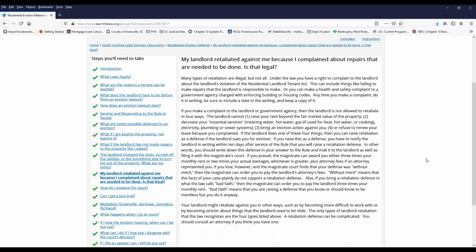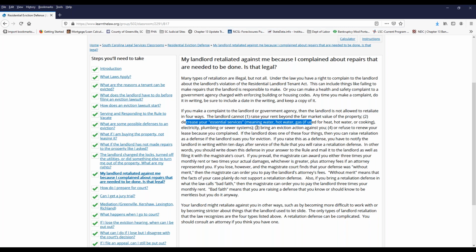But if you make a complaint about the property's condition or about repairs that need to be done to the landlord or to a government agency that is tasked with handling those complaints, then the landlord cannot do 4 things. 1, the landlord cannot raise your rent above fair market value. Oh, you want to complain about the condition? Well, pay another $200 a month. The landlord cannot decrease your essential services. That's the water, hot water, gas,